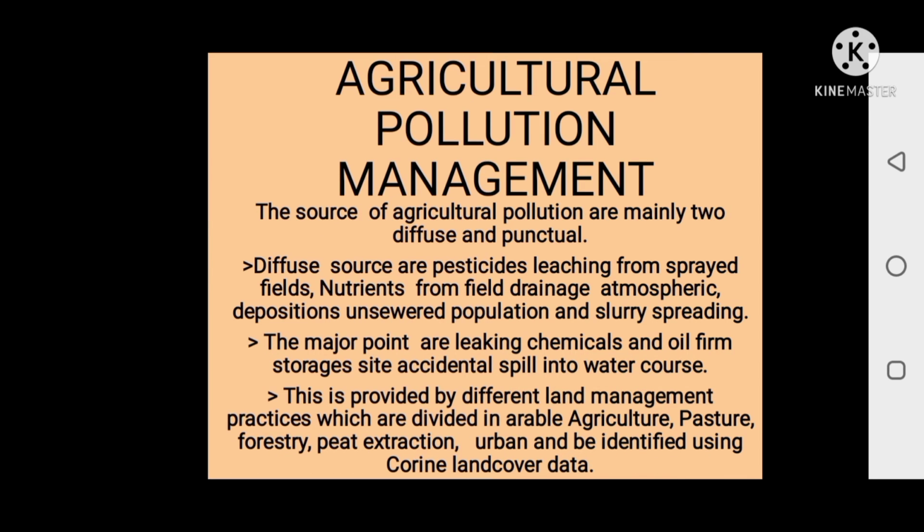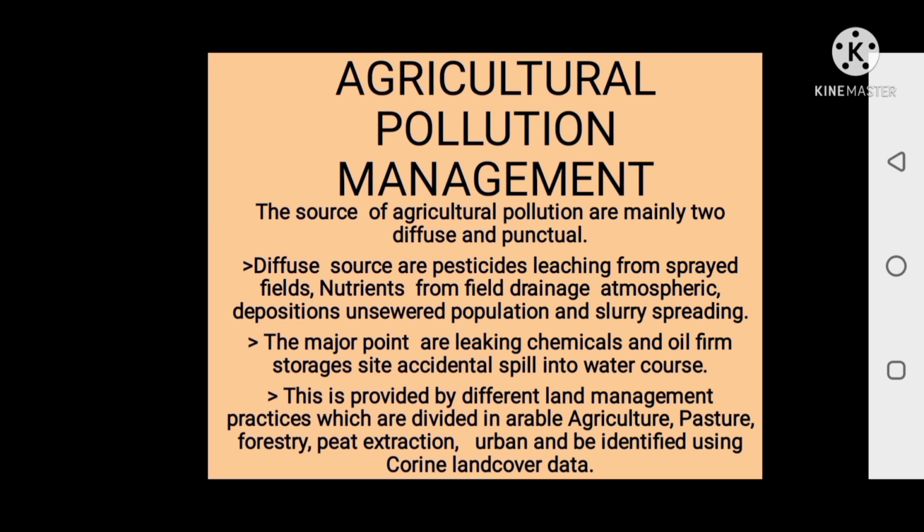Then we have agricultural pollution management. So the sources of agricultural pollution are mainly two: diffuse and functional. Diffuse sources are the pesticides leaching from the field, nutrients from field drainage, atmospheric deposition, and animal populations and slurry spreading. The major point sources are leaking chemicals and oil from storage sites, accidentally released into the watercourse. So it is therefore important for the management of agricultural pollution